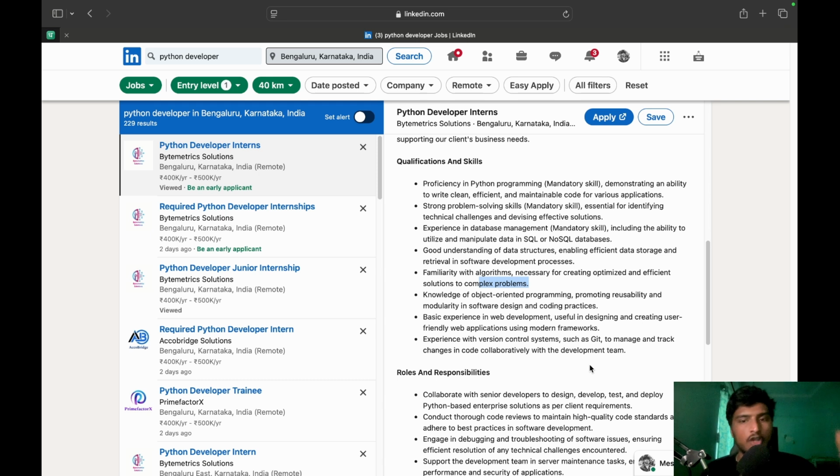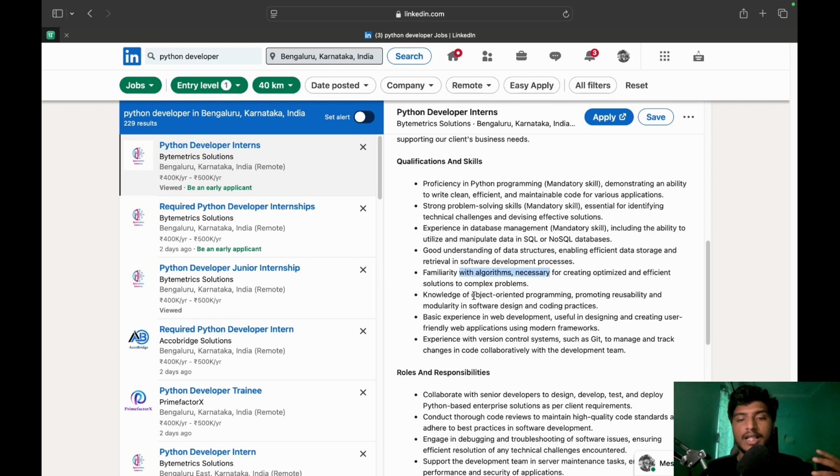Now my resume was optimized, and I need to have all these things in my resume now. You already prepared a resume, right? You prepared a resume which was optimized with everything possible. Now add some of them. Like I was good at data management, strong problem solving skills. I was really great at Python programming, and I was familiar with algorithms.